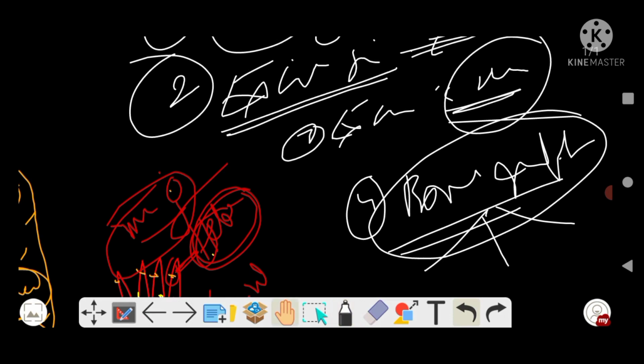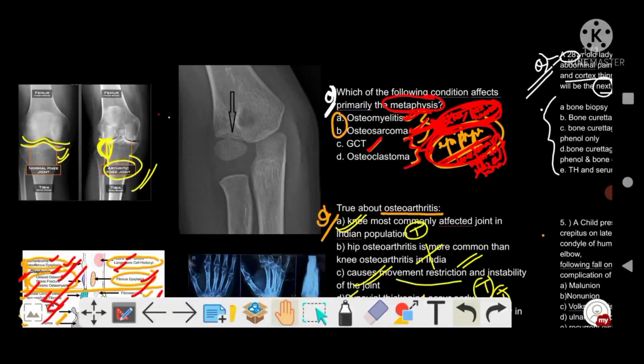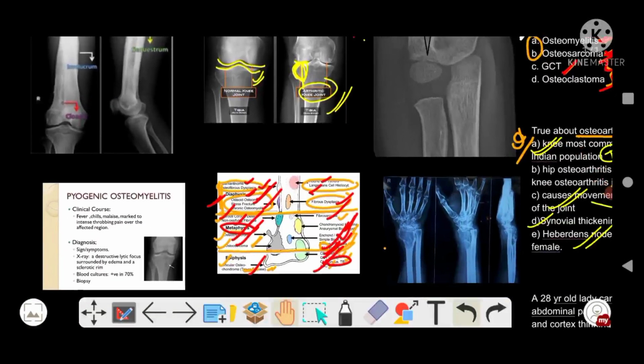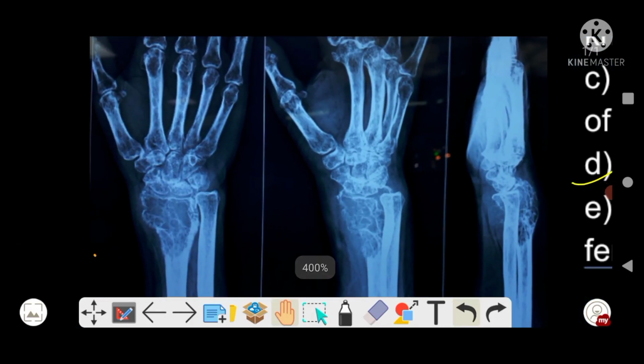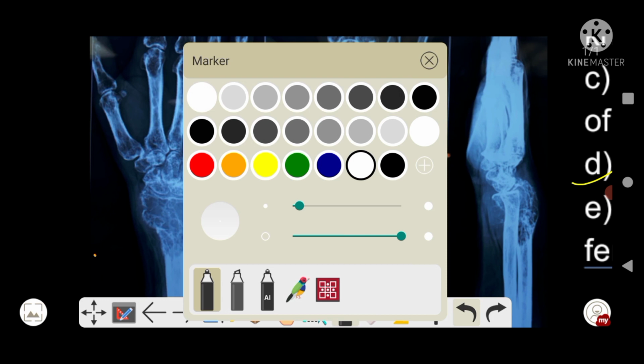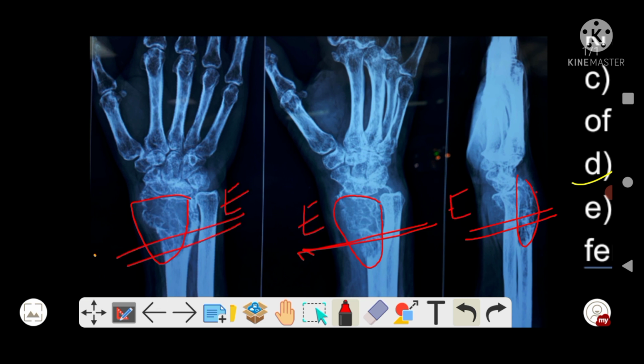And talking about your radiology, let me show you the X-ray part. Yes, this one. See, this is what they are asking about. So this is your tumor. Now you can easily identify. This is your tumor, this is your tumor. So the location is usually at your epiphysis. This is your epiphysis, the end of the long bones.